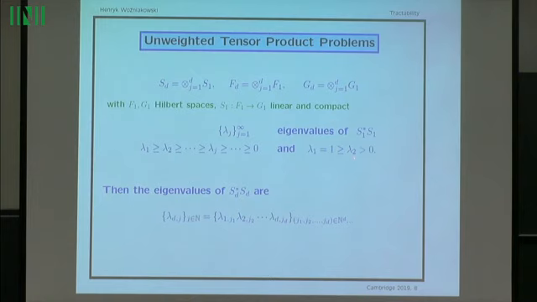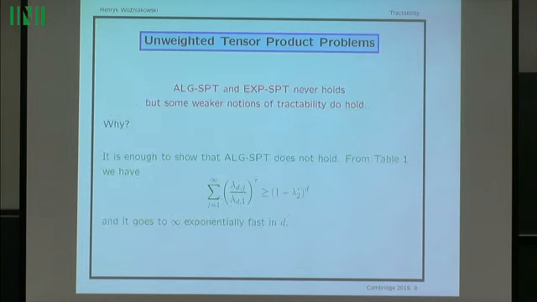Now it's easy to check that for the d-variate problem, the eigenvalues are given by the product. That's why tensor product problems are nice to analyze. We take the product of the univariate problems, and that's what we have. Now, since we assume that lambda sub 2 is greater than 0, then for the d-variate problem we have at least 2 to the d positive eigenvalues. So we have exponentially many positive eigenvalues. So there is room to play. Now, again, the first negative result: we take the unweighted tensor product problems, and it turns out that the